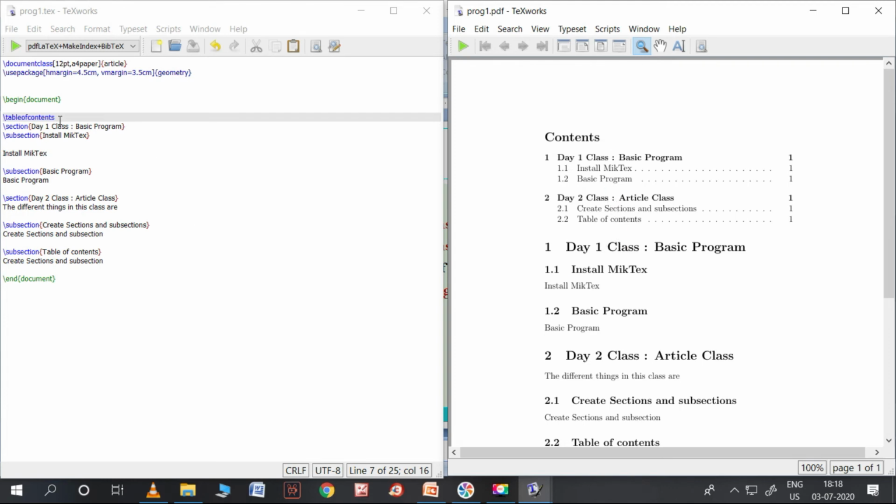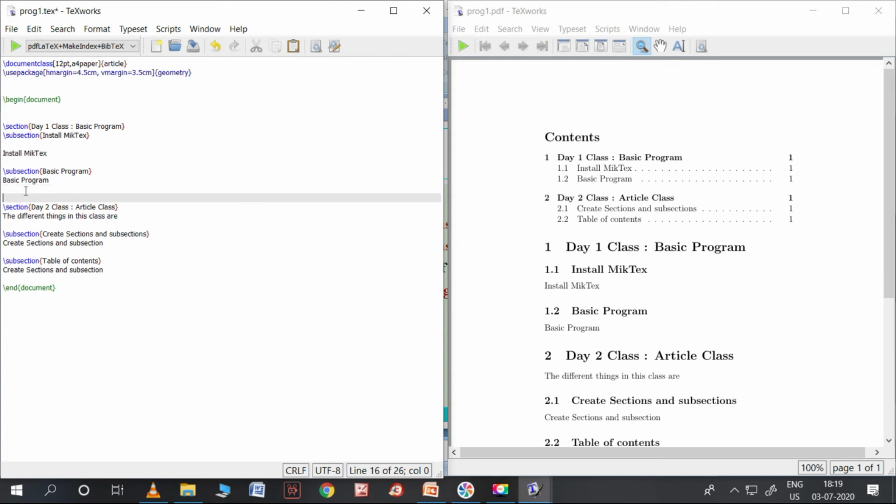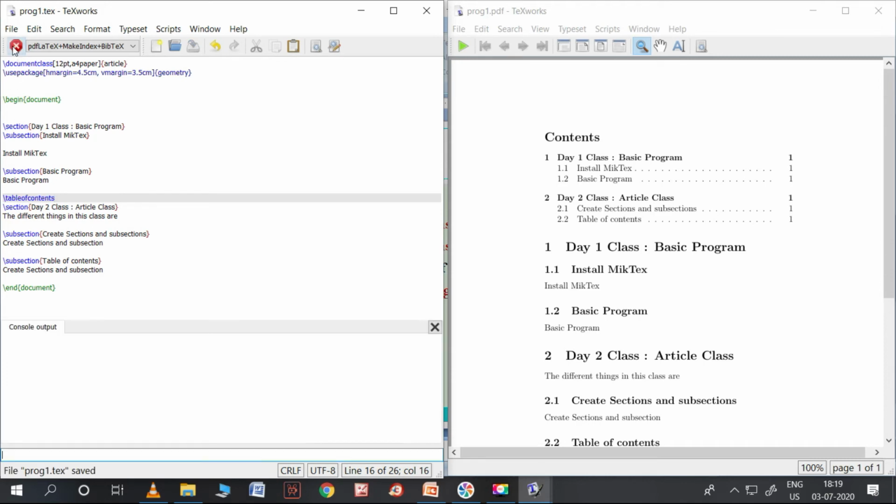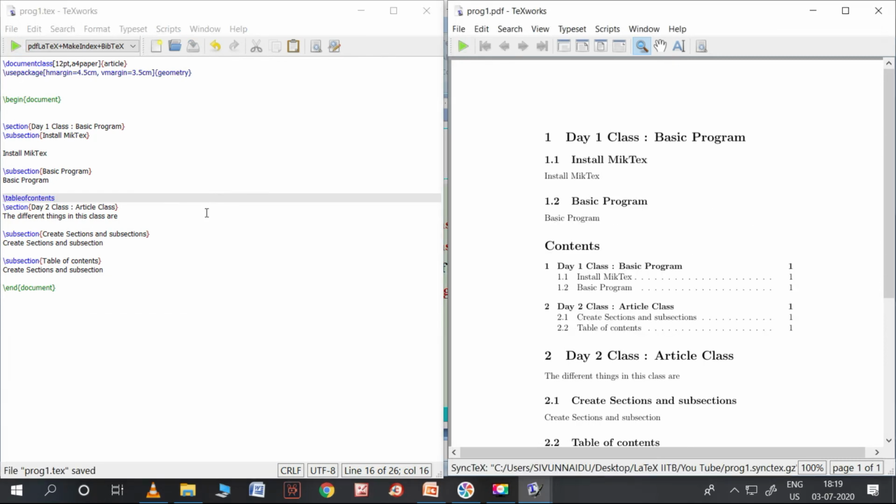And wherever you are writing the table of contents, that's very important. Let me cut here and write it somewhere, maybe in between section 1 and section 2. Obviously the table of contents is not in between section 1 and section 2, so please be careful and write properly.